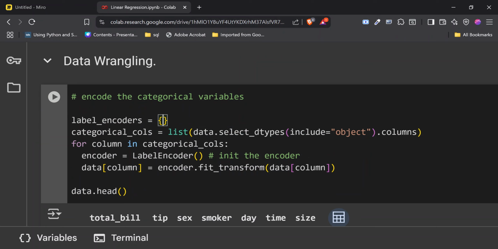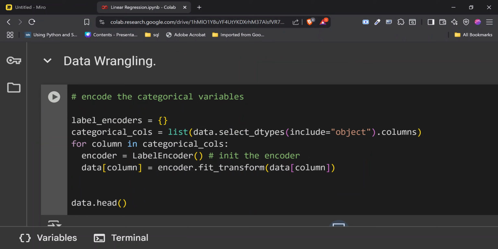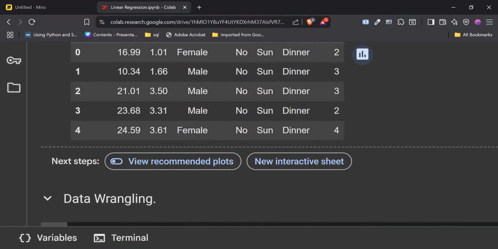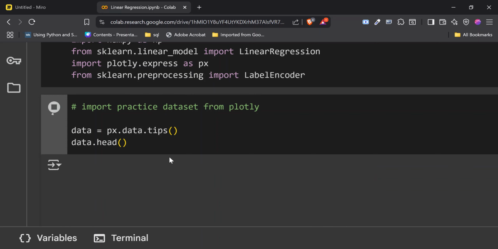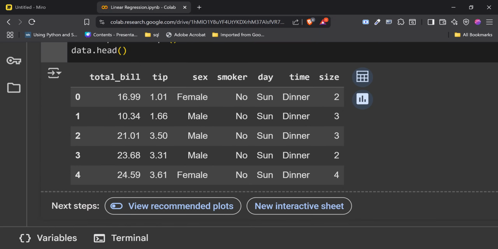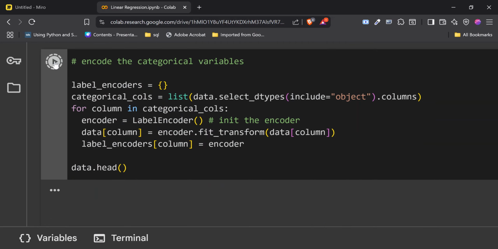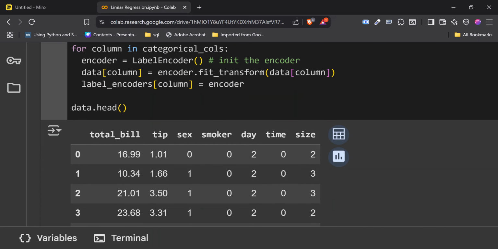So what we are going to do is, for every one that we do, once we are done, we're just going to update this dictionary. If you don't know how a dictionary works, you should refresh your basics. That is going to be extremely beneficial. So we're just going to update this dictionary with an instance of our encoder every single time. So I need to come back to this place and rerun this data so that we have fresh new data again. Then if I run this now, this still works.